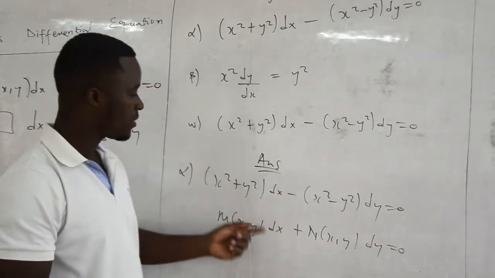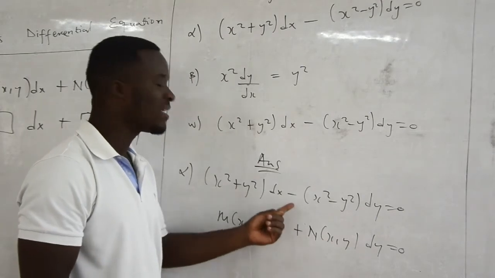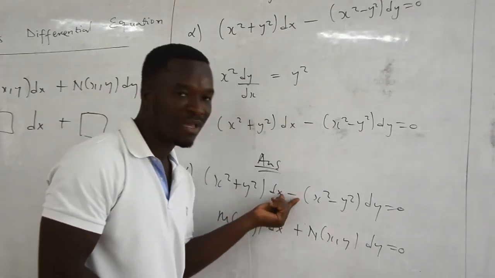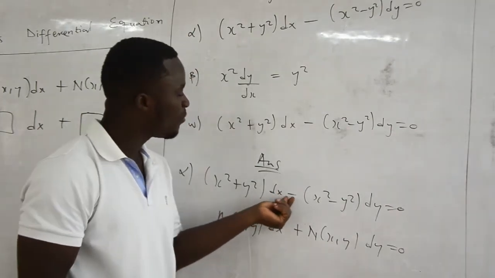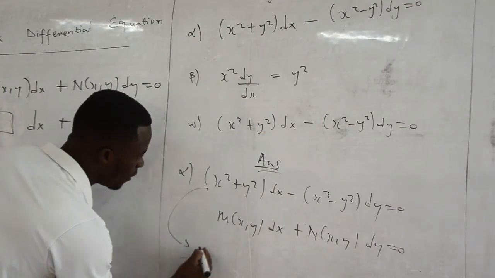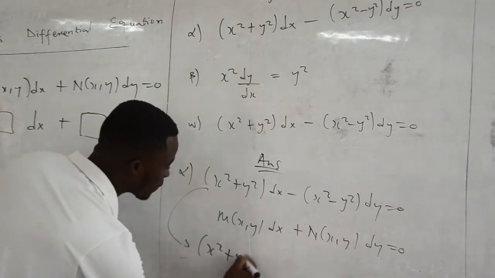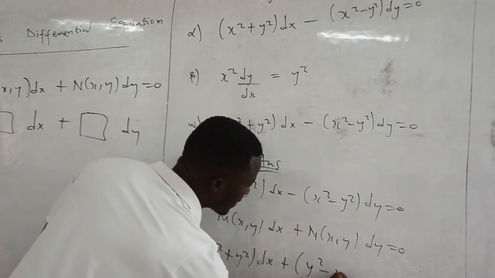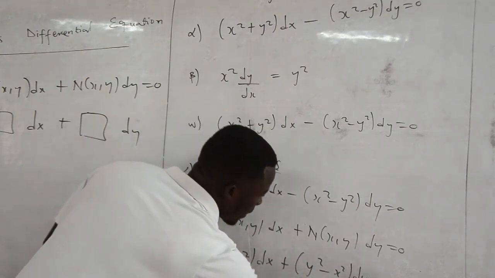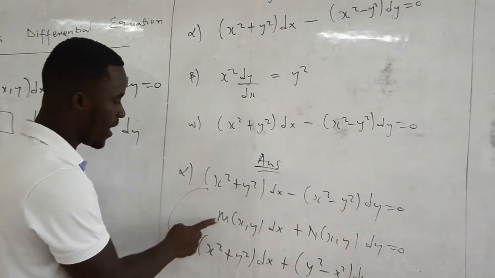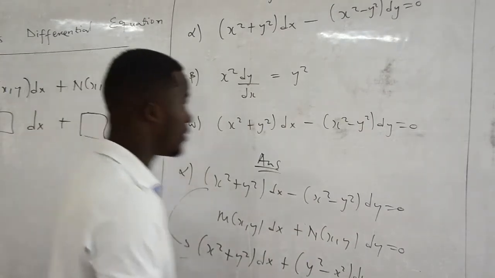No, because here we have it plus, but here we have it with negative. Then I have to change this one to plus. Changing this one to plus, now I can multiply this one through by whatever it is. So this one will change to x squared plus y squared dx plus y squared minus x squared dy is equal to 0. So from here I can see that my M of x y will be